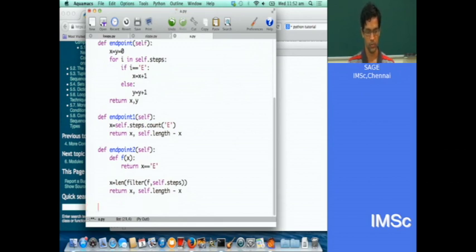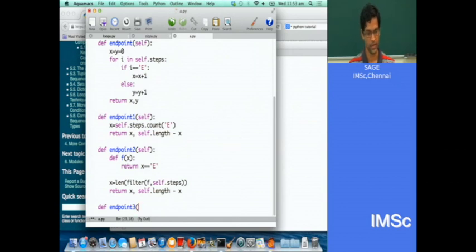So this brings us to another thing called lambda functions, which I think maybe were talked about briefly by one or the other person. Carl Dieter probably talked about lambda functions a little bit. So the point here is we had this little helper function f of x, but it's more or less just a one-line definition. It's a trivial definition: take input x and return the truth value of x equals e. So if you don't really want to have that as a separate function, what one can do is just